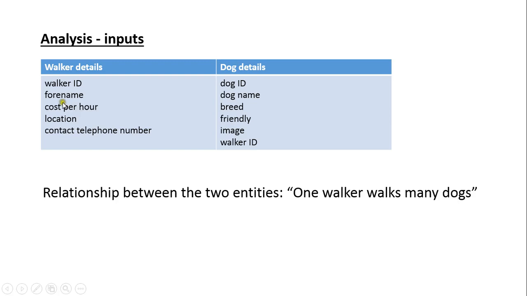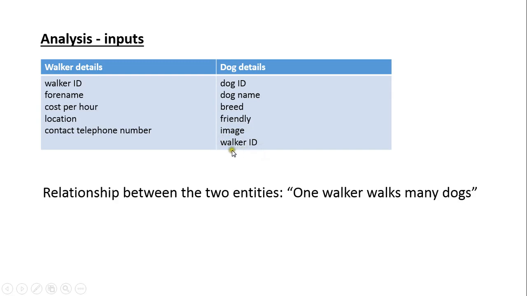And just so that we've got a few fields in the database when we come to make it, we'll talk about the forename for the walker, how much they charge per hour, where they are, so some of them are going to be in Edinburgh, some are going to be in Glasgow, and we'll have a contact telephone number for each of the walkers. The dogs, we're going to have the dog name and the breed, whether or not they're friendly. We'll have a picture, an image of the dog, and you'll notice this last